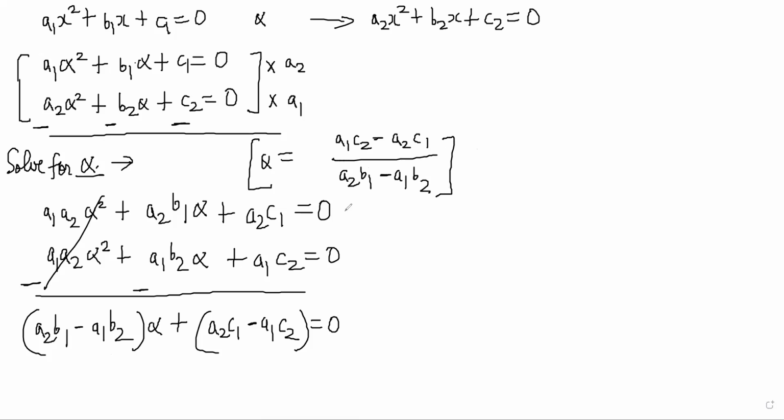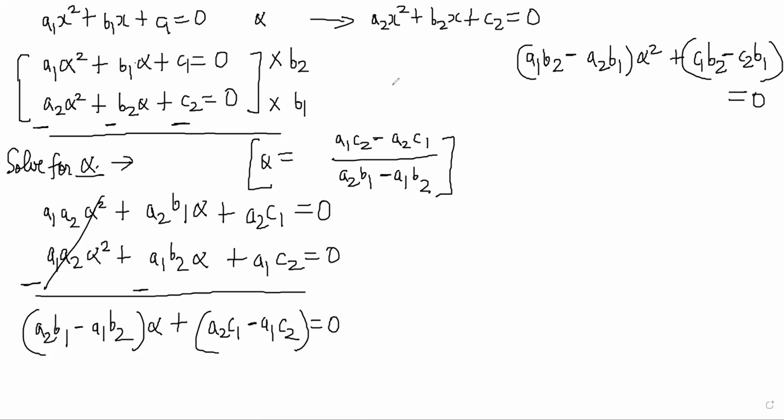Okay, great. So that is the first step. Now the second step is basically now I will solve for alpha square. So I have to cancel out the alpha term. So I'll multiply this by B2 and I'll multiply this by B1 and do the same subtraction. That will make it B1, B2, B1, B2, right? So I will just write the answers here. So it will become A1B2 minus A2B1 times alpha square plus C1B2 minus C2B1, right?